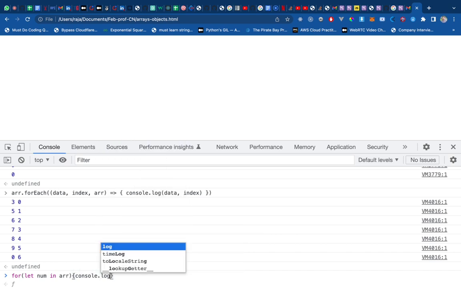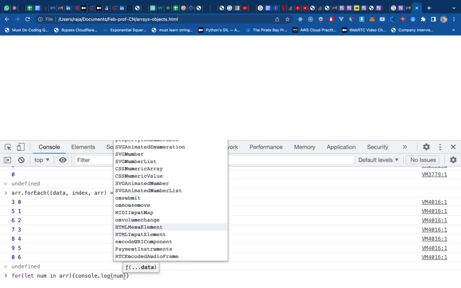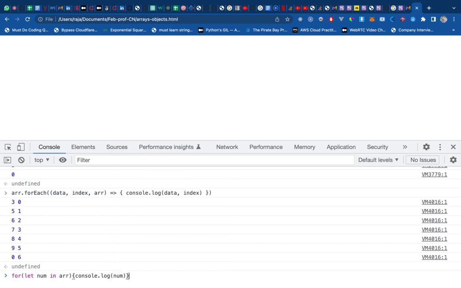So there's one more variation of our loop. We have something like this, and let's print the number. Oh, sorry, it just printed the index. So there is one more of it. We have let num in array, and